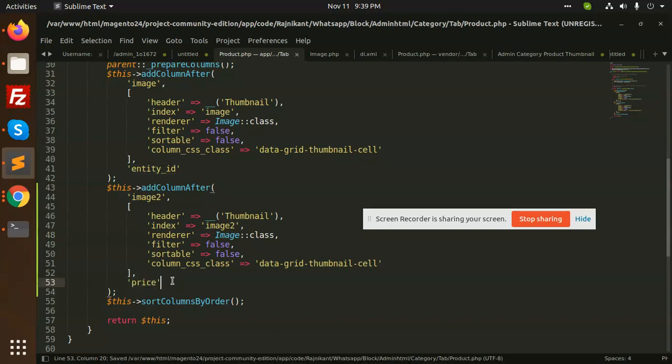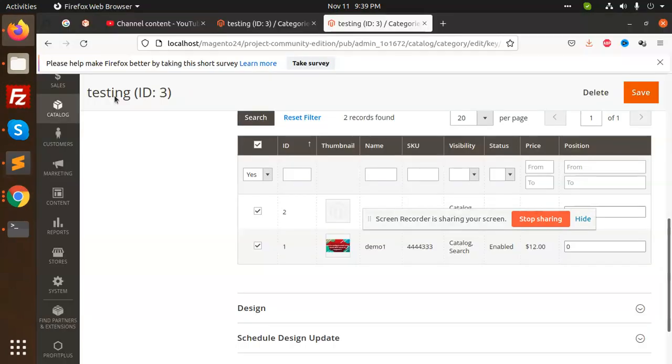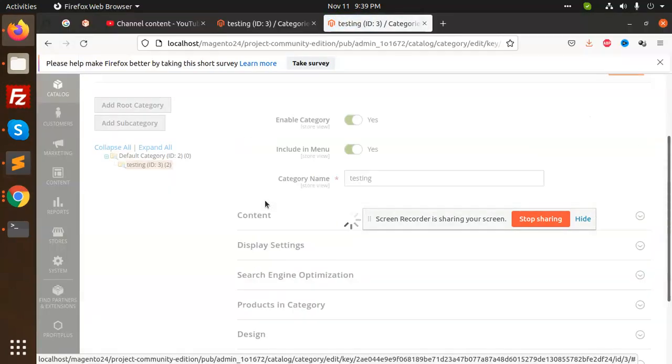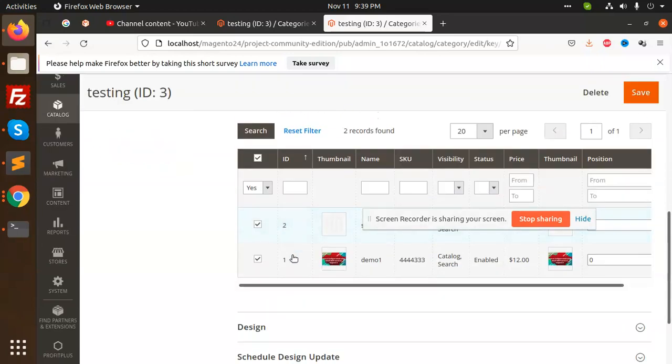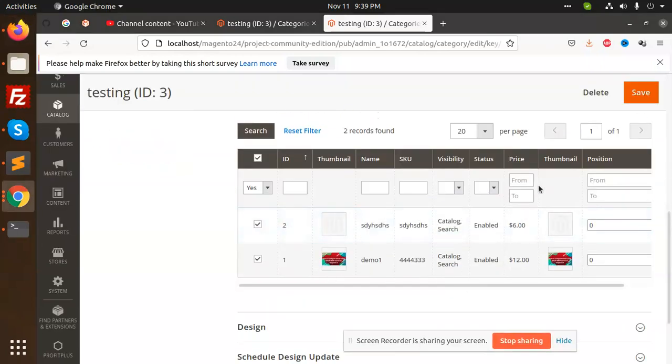If I add this and go to the product tab, let's see what's going to happen. Interesting, you can see the products in the category. We have a new column after the price, that is thumbnail, the same one. So this is what I am adding. This is how we can add multiple things like thumbnails, SKU, visibility, tags, whatever you want, just showing over the category products.